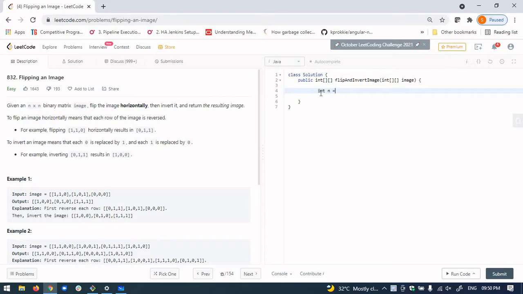So int n is equal to image.length. Then we take two variables, int p is equal to 0 and q is equal to n minus 1, and we have a while loop.